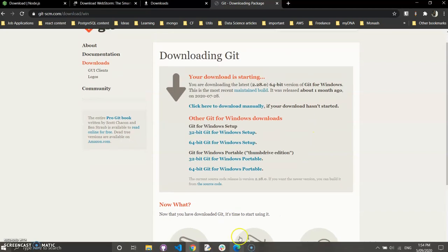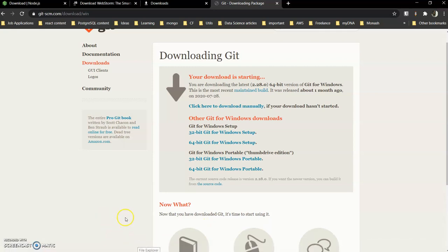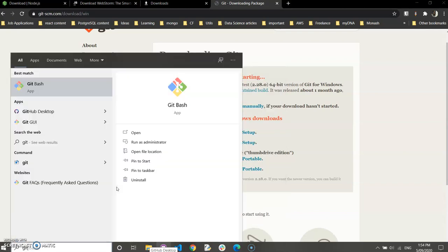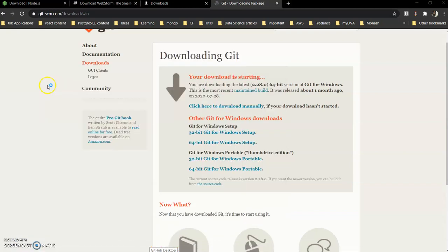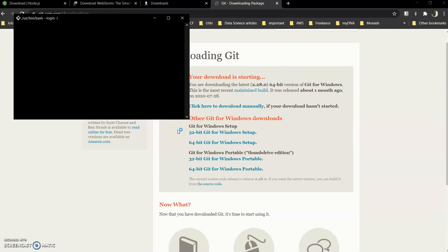Okay, now we open up our git bash. So we check where we are right now. Now what we do is we install. First we create a folder.